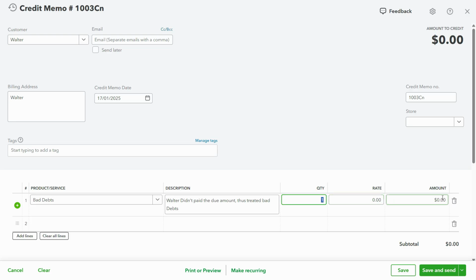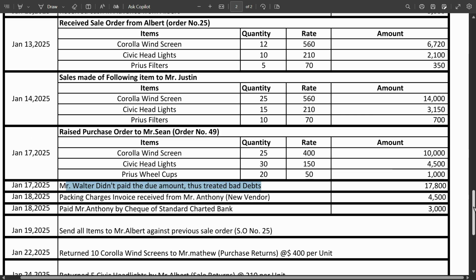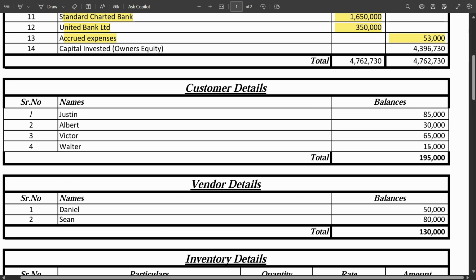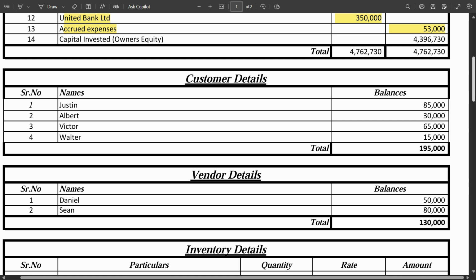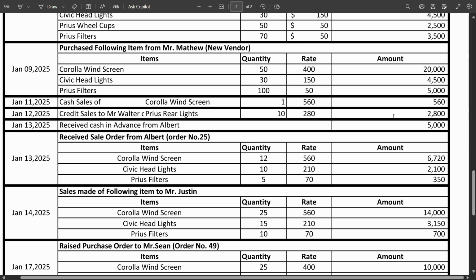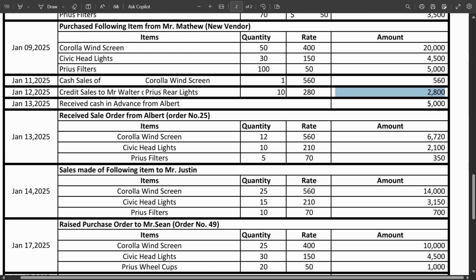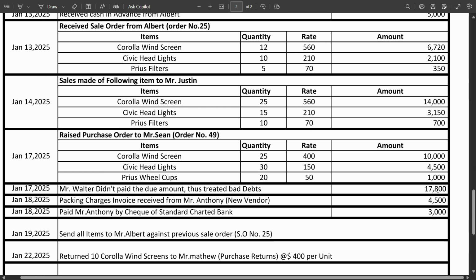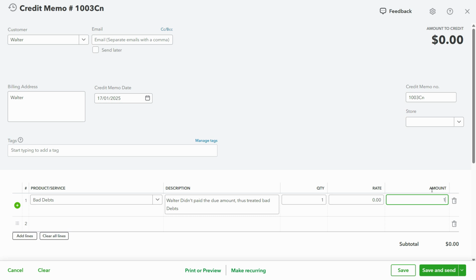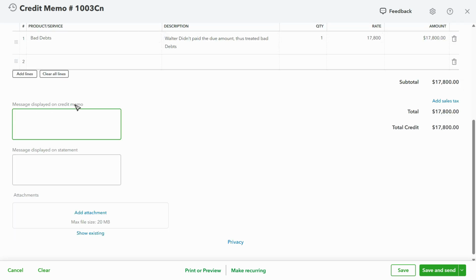Let's leave quantity and rate as it is and just directly mention the amount, which is 17,800. How did it get to 17,800? Walter has some balance at the starting, which is 15,000. And we have sold something to Mr. Walter as well during the month. So 15,000 plus 2,800 is 17,800. So 17,800, and scroll down a little bit where we can mention the message displayed on the